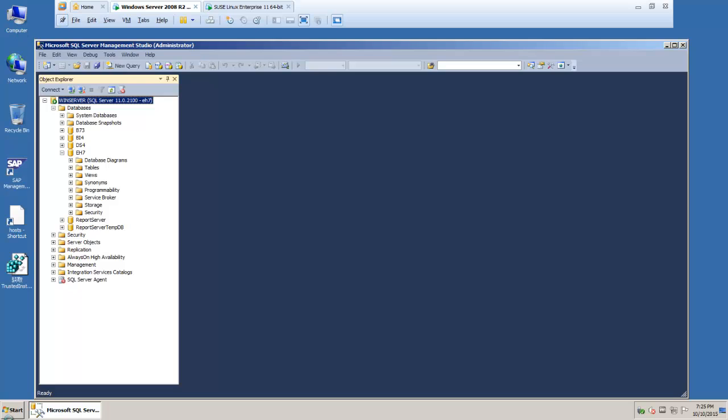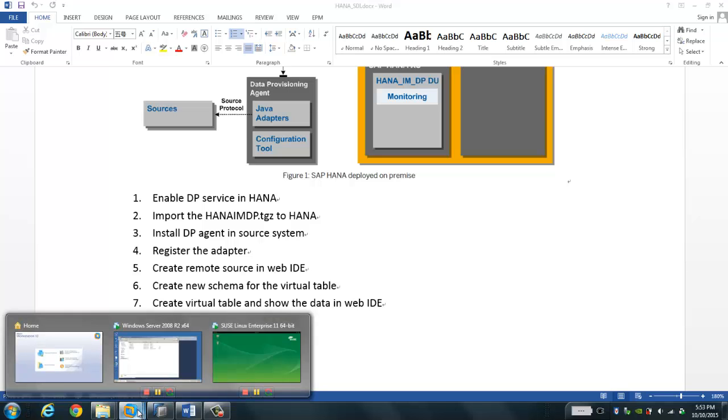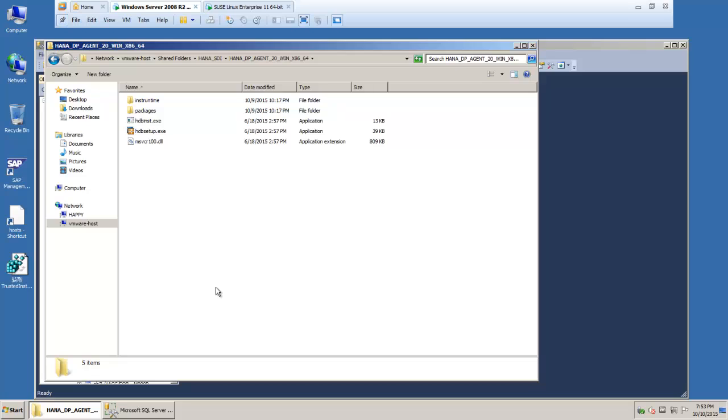Sorry, it might be a little bit slow because the source system is actually running from the external disk. Okay, now the system is back, and we are on the third step to install the DP agent in the